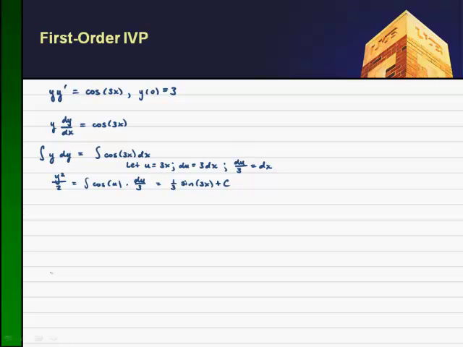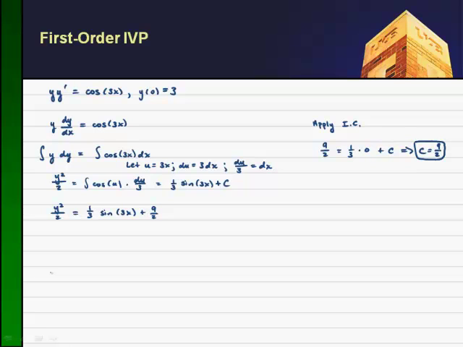And at this point, I'll go ahead and apply the initial conditions. So over here, let's apply the initial condition. y of 0 equals 3, so when x is 0, y is 3, I'll get 3 squared, which is 9 over 2, is equal to 1/3. The sine of 0 is 0, plus some constant, which just says that our constant is 9/2. So now I'll plug that back in. I get y squared over 2 equals 1/3 sine 3x plus